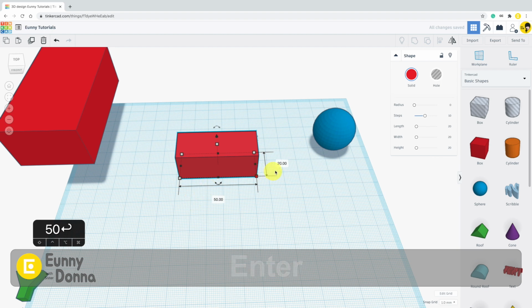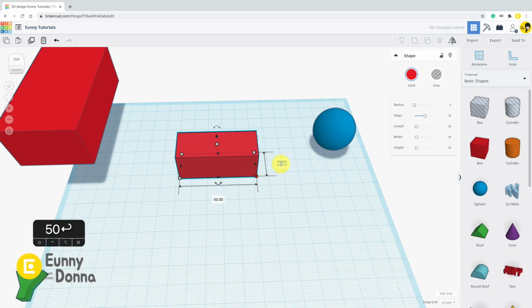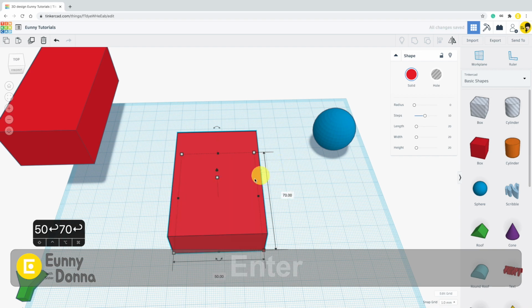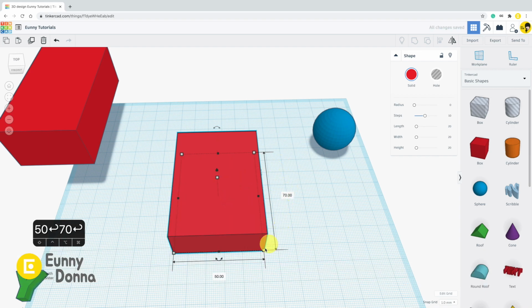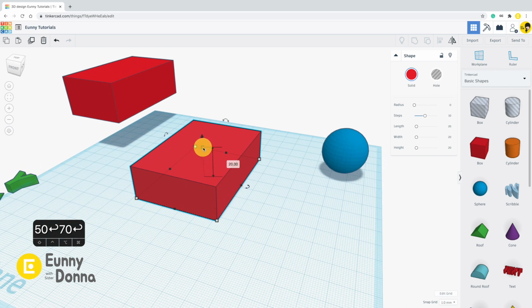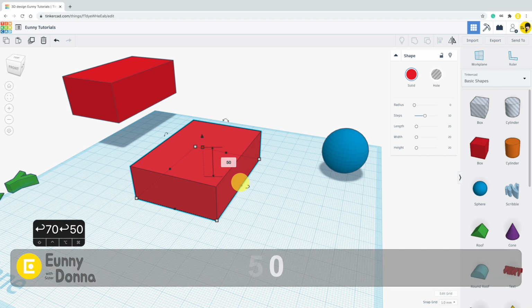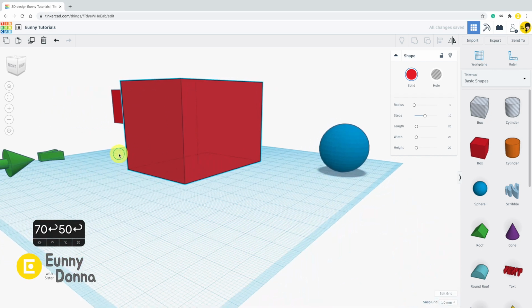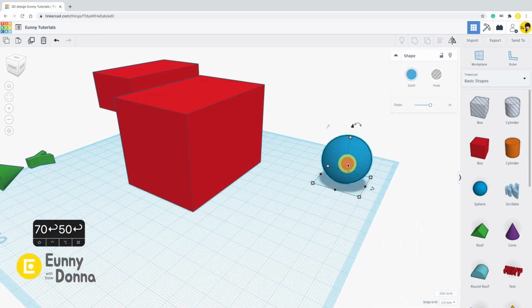Select one anchor point and click the value box. Put the value you want, then it will be resized. For the height, click this white point up here, put the value, and lastly, enter. Select the shape, click one anchor point, and put the value. That's all for